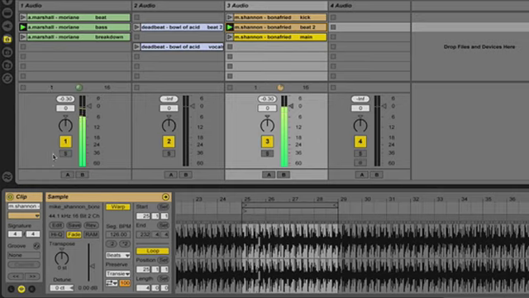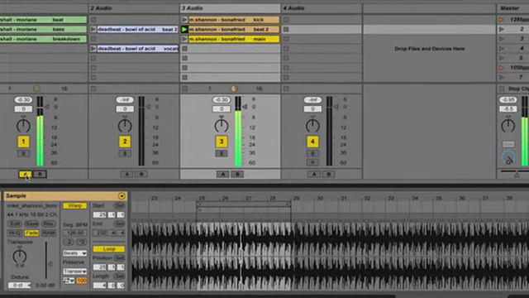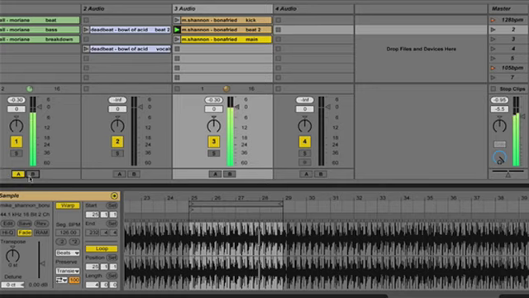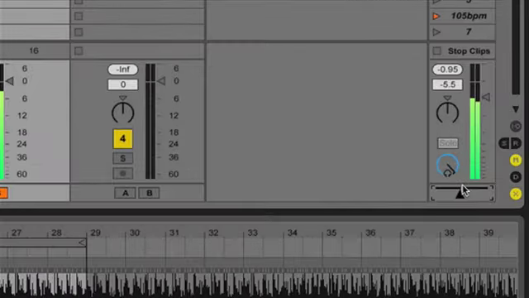Each track can also be assigned to Live Intro's built-in crossfader. Here I'll assign inputs to track A and B. Now I can fade between the tracks as Live Intro plays. If the crossfader view is not viewable, simply click on the X button on the lower right side of the